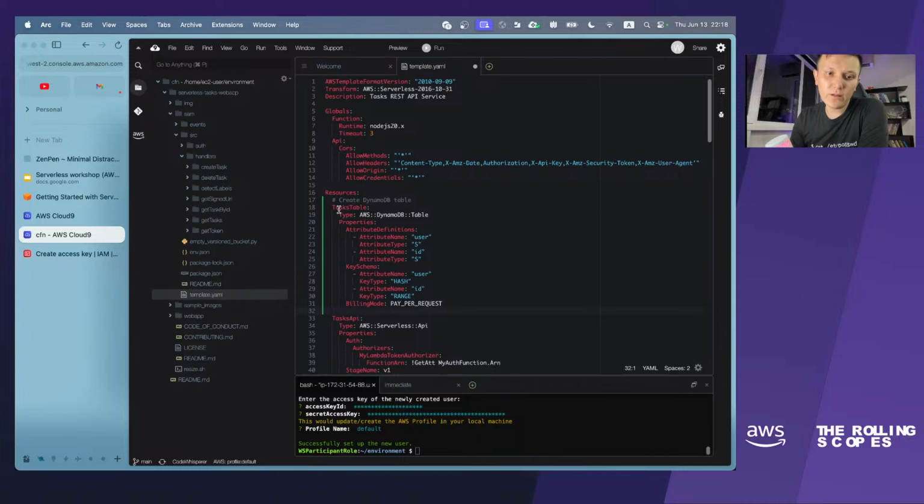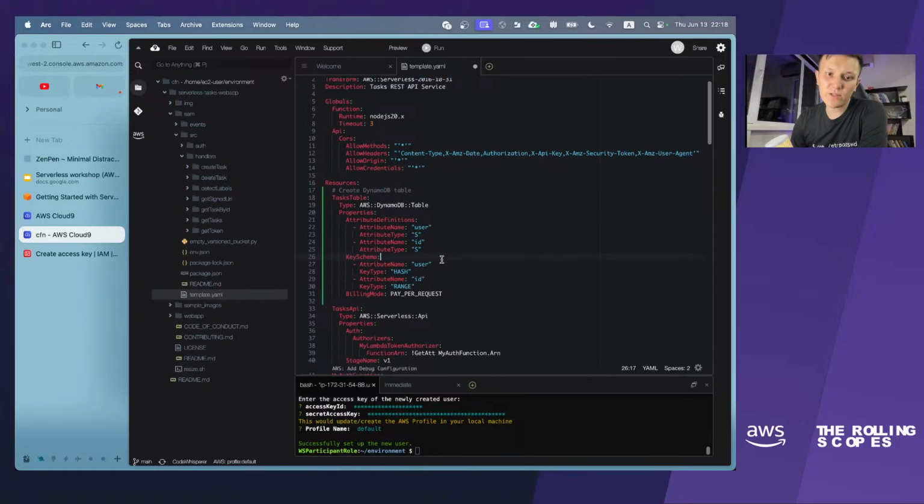This code will create a tasks table with type DynamoDB and with some properties which are defined, like attribute name, user, which has type of string. This S attribute type means string in terms of DynamoDB. And also we have ID of user, also with type of string.